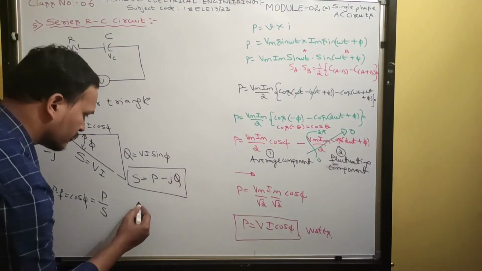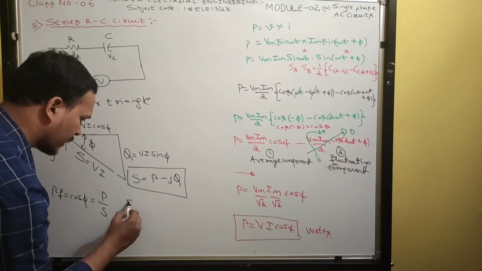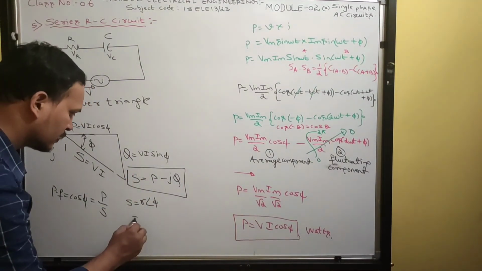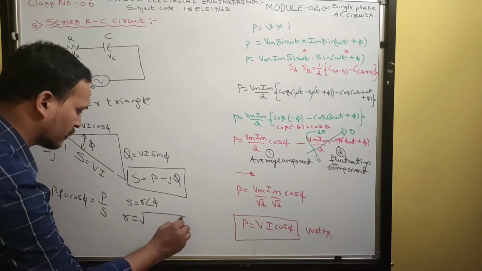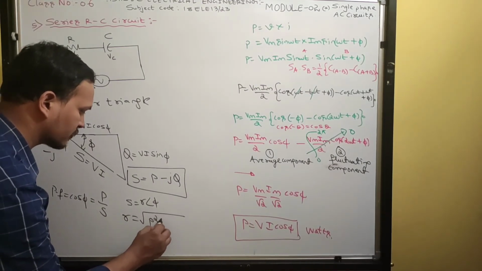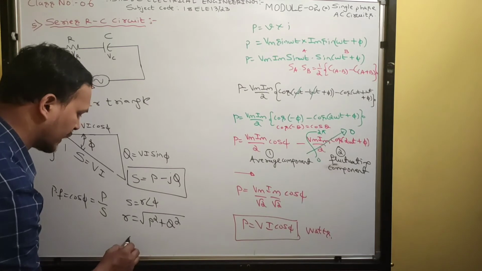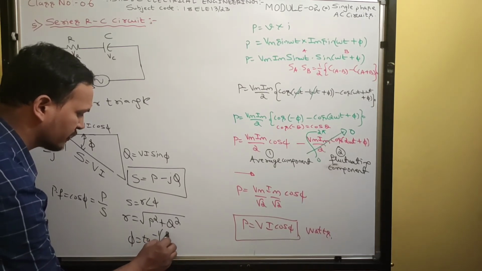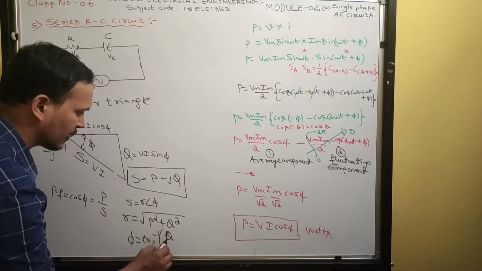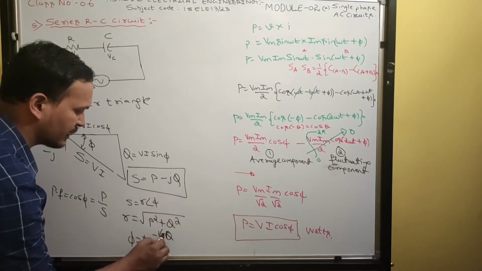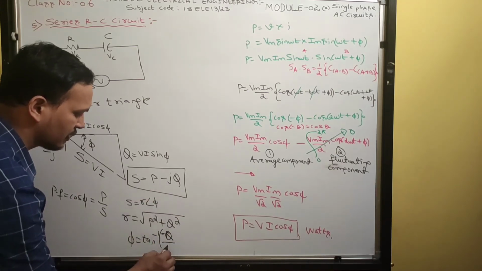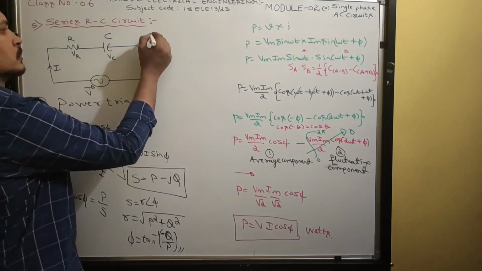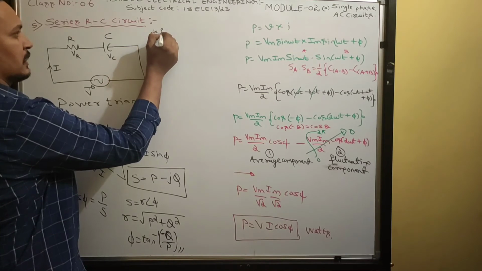Okay. Now convert this into polar form. If I convert into polar form, this is the default format. So how to calculate R? R is equal to square root of P square plus Q square, and angle phi is calculated by using the formula tan inverse of imaginary by real. What is imaginary power? Minus Q divided by what is real? P. Okay, got it?